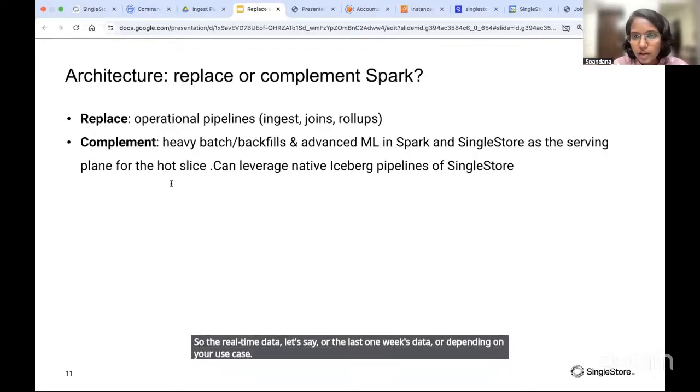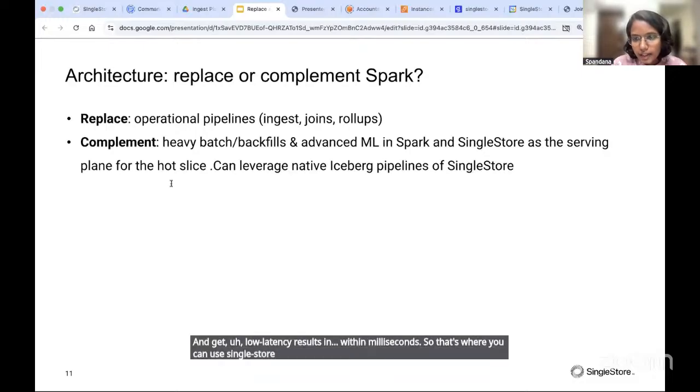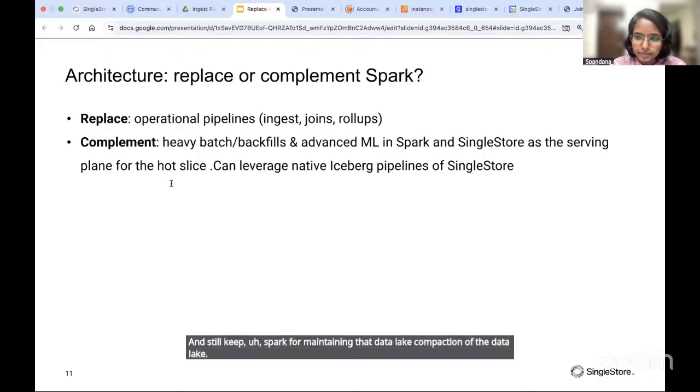as soon as the data lands in the data lake after getting processed from Spark, it can be ingested into SingleStore and can serve the app use cases, as I was saying, where thousands of users can run parallel queries and get low latency results within milliseconds. So that's where you can use SingleStore to read the latest slice of the data stored in your data lake, and still keep Spark for maintaining the data lake, compaction of the data lake, and maintaining the sanctity of